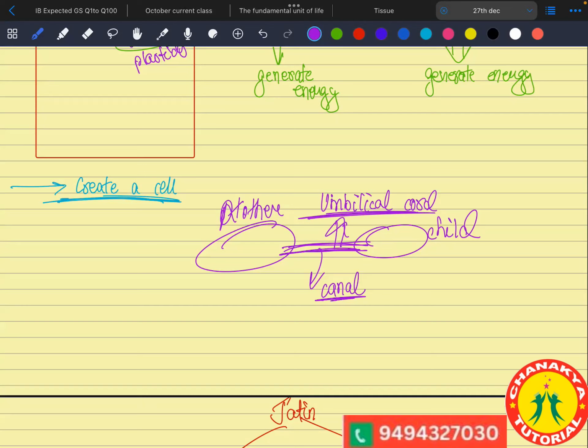But now medical science has proven that this cord can be used to generate a missing hand of a child or a missing leg of a child. That much important is the umbilical cord. So go to the internet, go through it, and there is one famous personality, the child of Abhishek Bachchan.